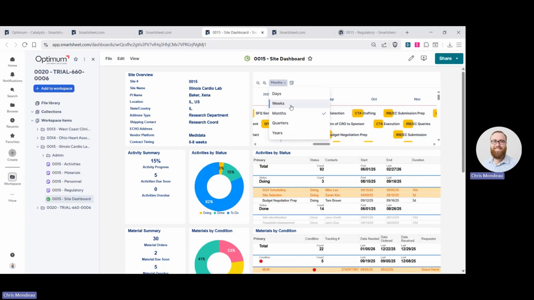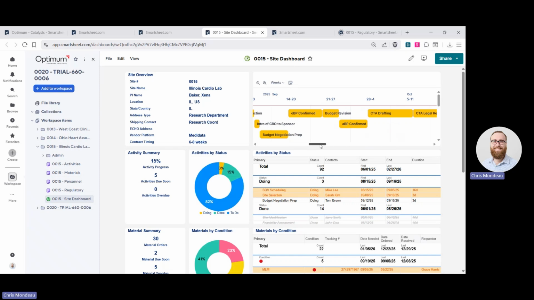So you can group this into weeks, you can group it into quarters. You can also categorize these by different elements in here. So just a quick snapshot into what's going on for the work that might be upcoming. There's several different views that we can configure this into, but wanted to give you that high level